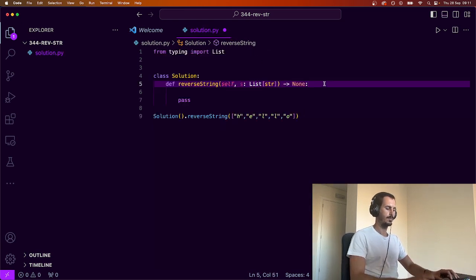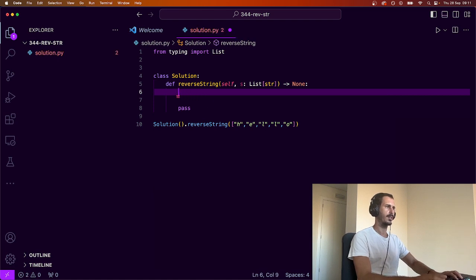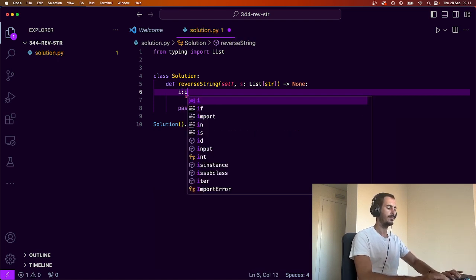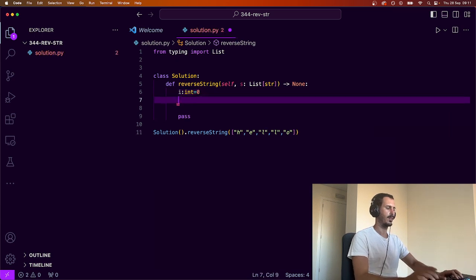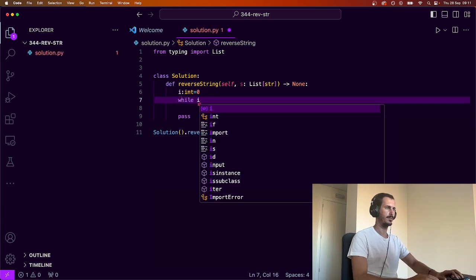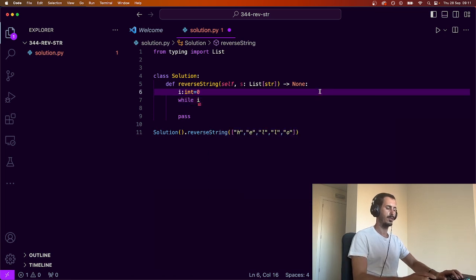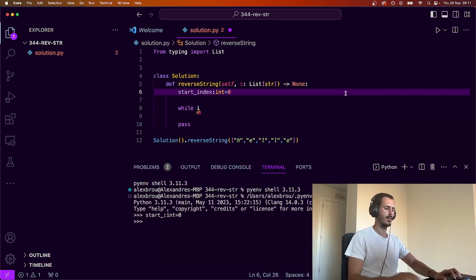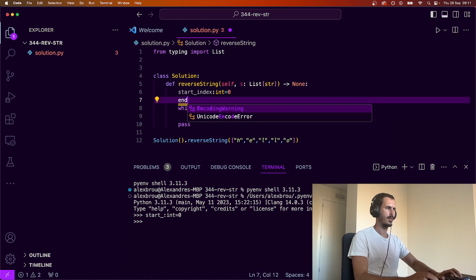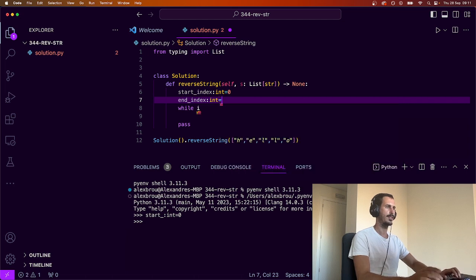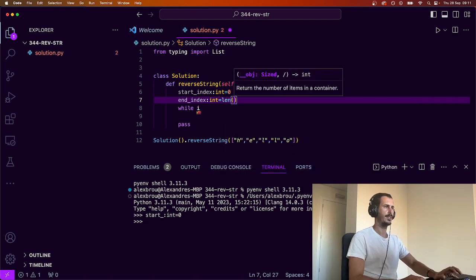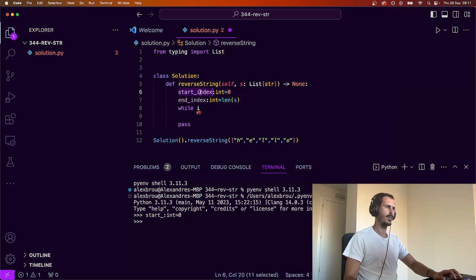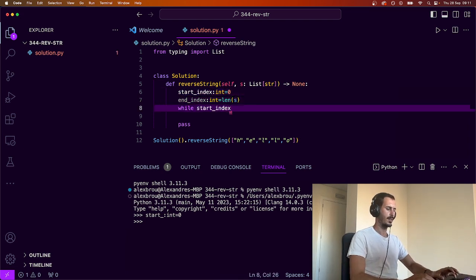Okay, so for i is an integer that starts with 0, while I can even go start index and end index is also an integer that's equal to the length of s. So while start index is smaller than end index,